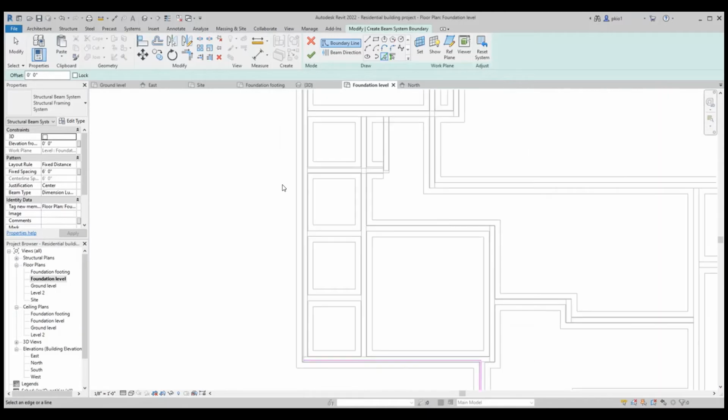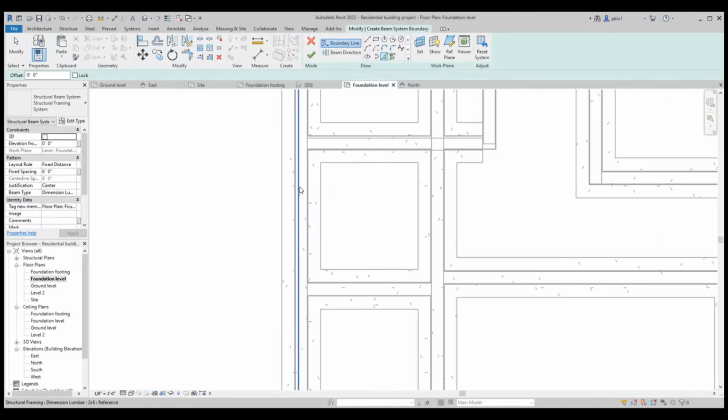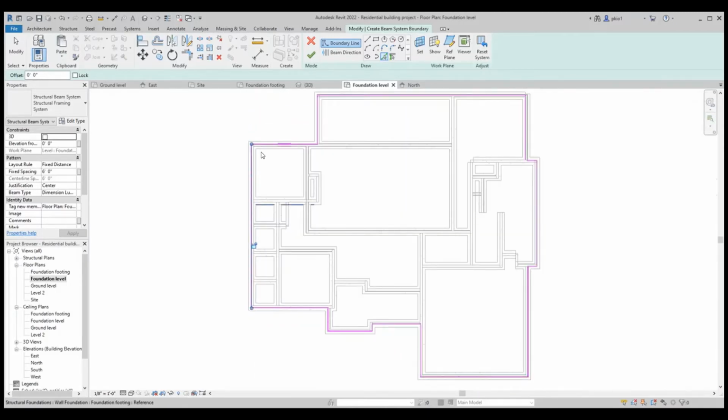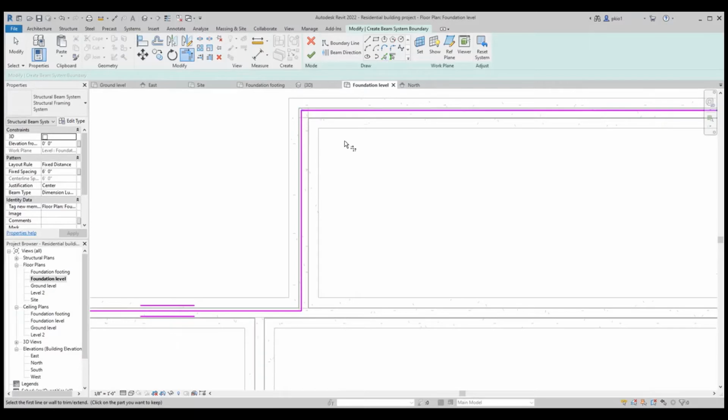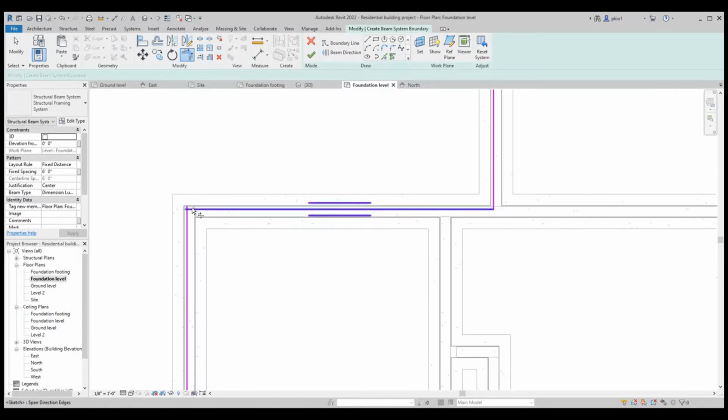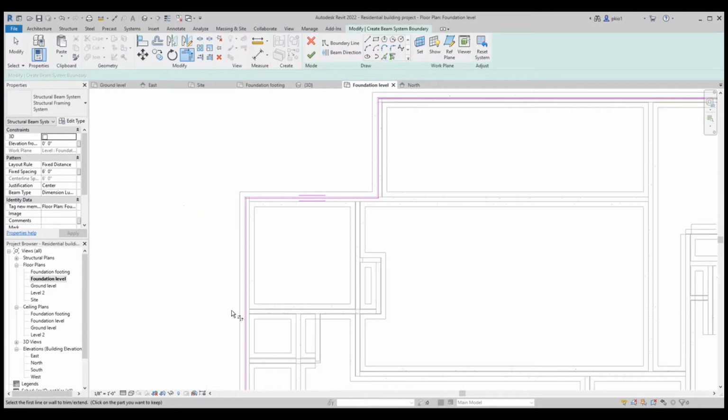All right, so we select the inner line of the joist, and the next thing we do is to make sure they are closed for the beam system. These parallel lines indicate the direction of the beam system.